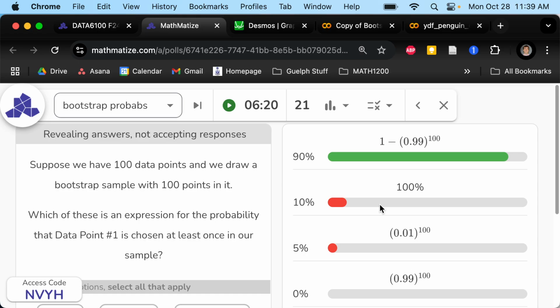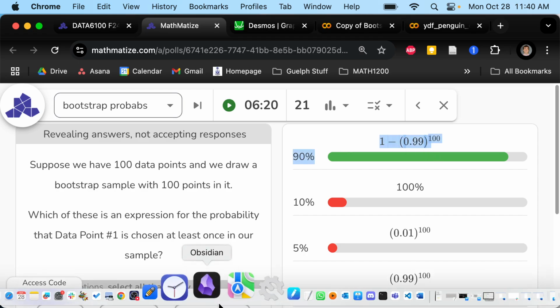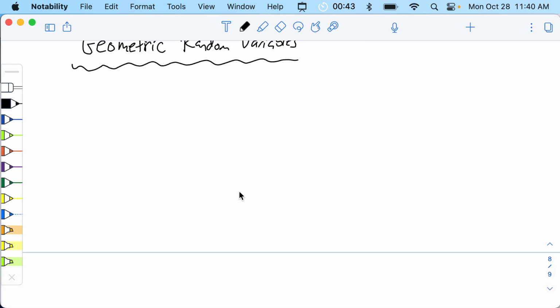But this is not a situation where the probabilities add. So you cannot add them. And the reason is you might choose this thing more than once. We want to know the probability it's chosen at least once. So the correct way to do it, and let me write it down, since most people got it,